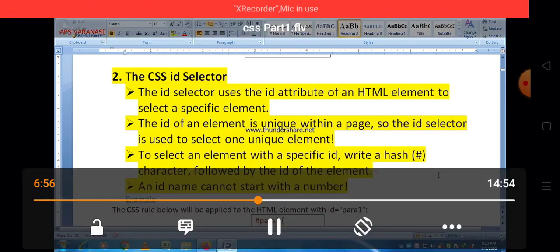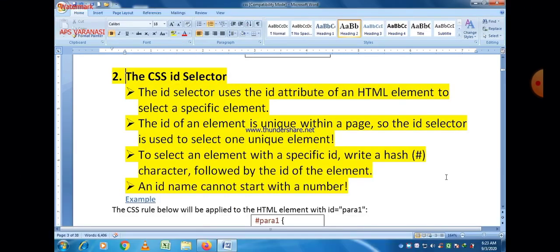First of all, the ID selector uses the ID attribute of an HTML element to select a specific element, and second, the ID of an element is unique within a page, so the ID selector is used to select one unique element. To select an element with a specific ID, write a hash character followed by the ID of the element, and an ID name cannot start with a number.